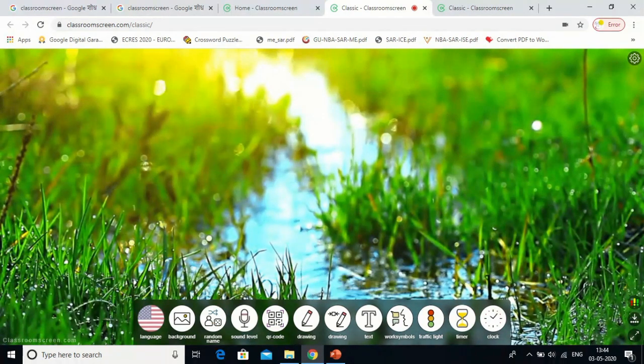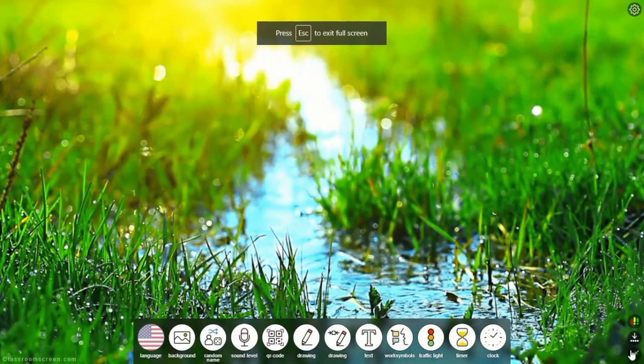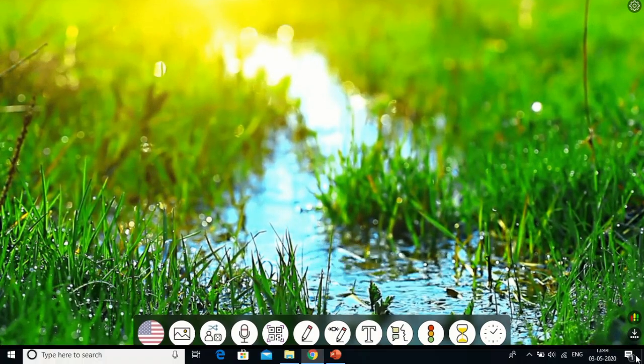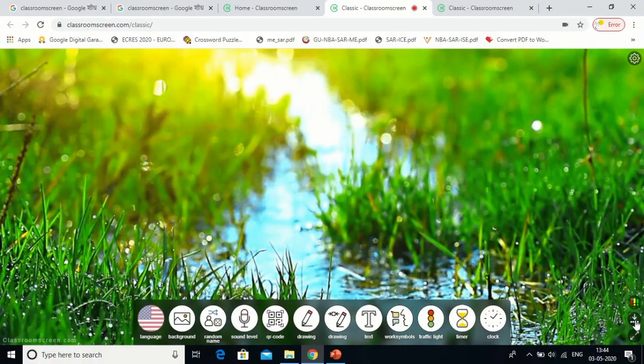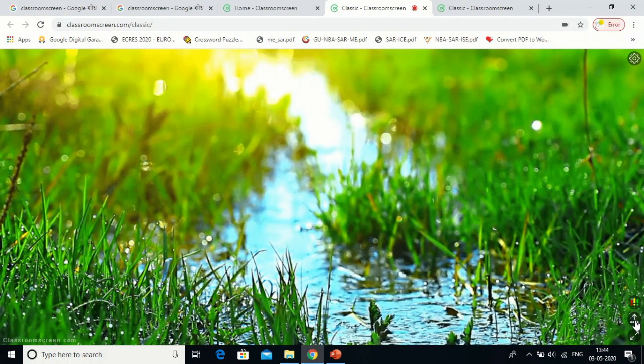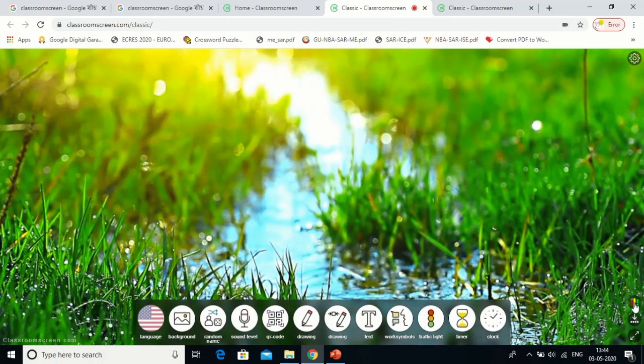Now I'll show you the tabs which are giving me the full screen option. This is a full screen option which is available. If you don't want to use a full screen option, you can minimize it the way I had done it. Then this is an option to close down the tabs which are available, or hide the tabs, or it will show the tab. Now this is the last option which is available, that is the polling option.